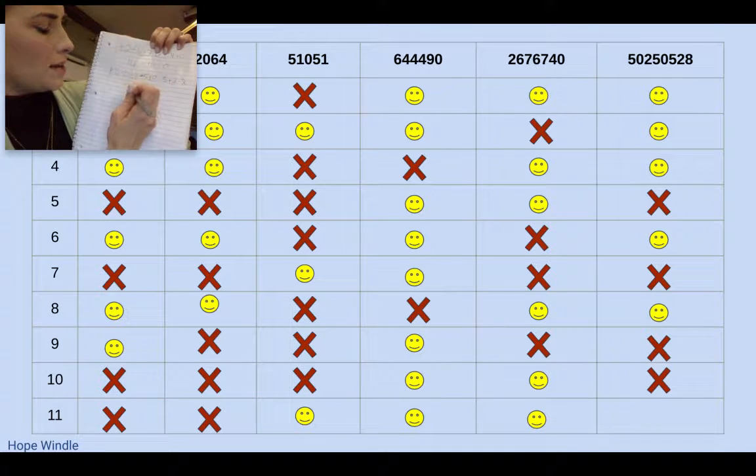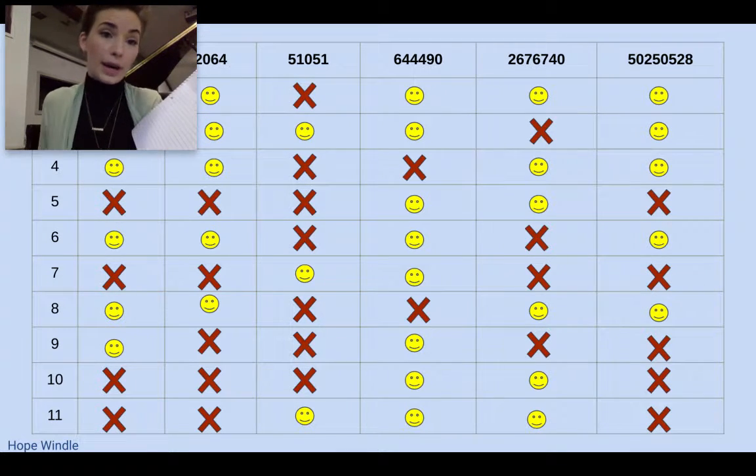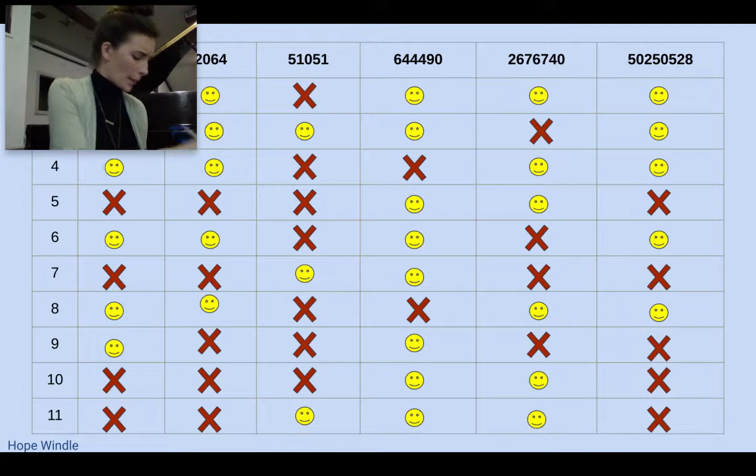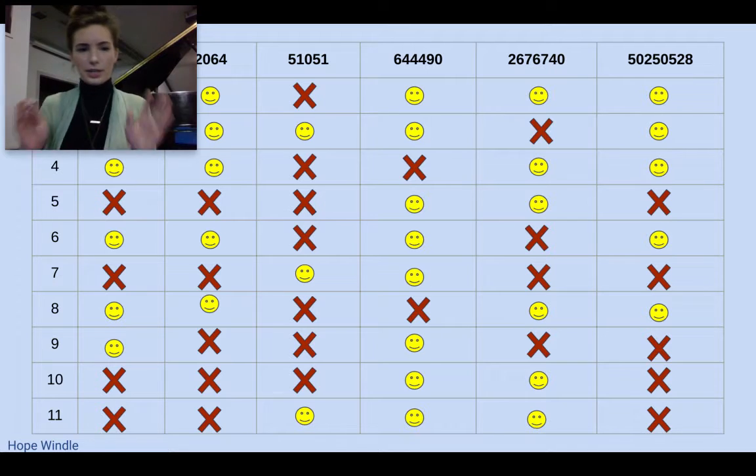So 9 minus 18 is going to give us negative 17, and that is not going to be divisible by 11. Okay, I may have to go and switch some apps so I can write on my screen this time